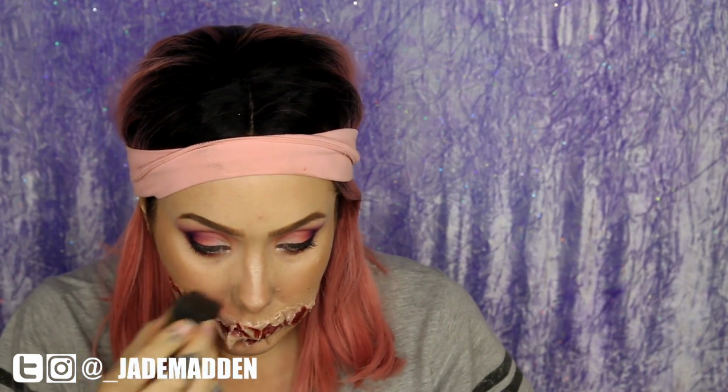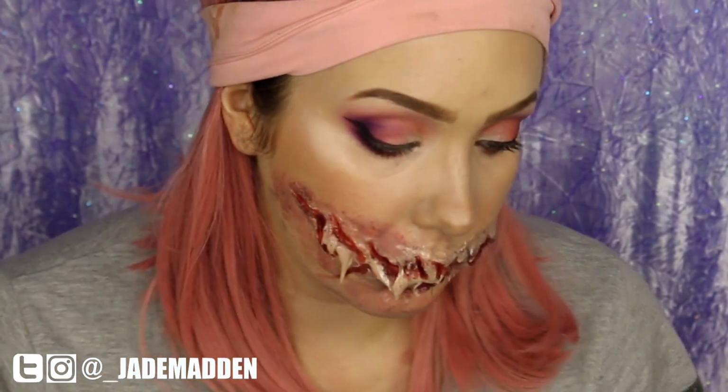The next step for me is to grab a sponge. You can use a toothbrush, you can use your fingers, you can use anything that has a little bit of texture on it. So I'm basically dipping this in some of the red, some of the dark red, and a little bit of a plummy color. And I'm just dabbing this all around the outskirts of my wound to create more of a bruised,